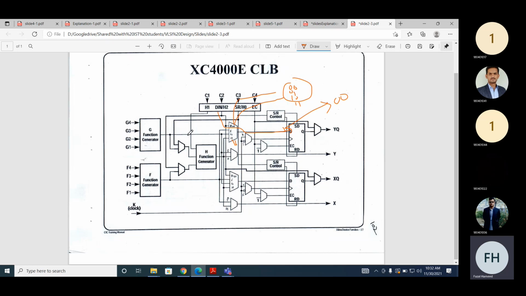If we want to pass this F function generator, the output of this first F function generator, which value should we store here now? 0 1. And similarly, if we want to pass G function, then 1 0 or 1 1. So actually, there are some routing resources, and based on the select line of the multiplexer, we will decide which signal will go on to the output Q.